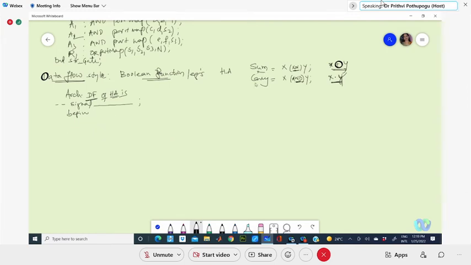The statements to be given: the name of your output is assigned x XOR y, and carry is x AND y.